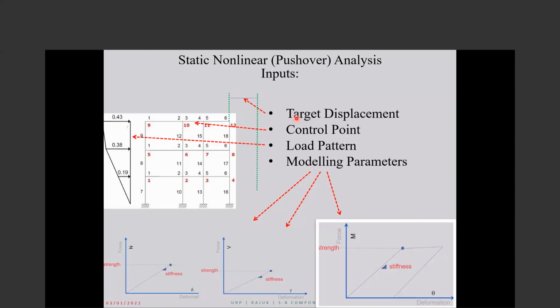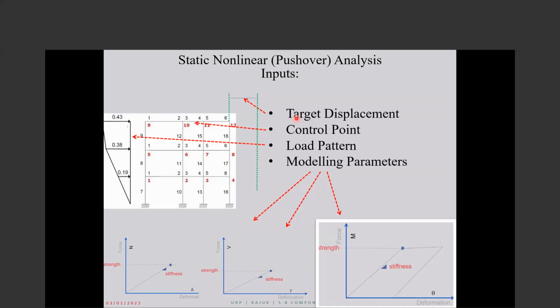They ask, what performance level did your building achieve? We say nothing, it collapsed in that area. So if you want, for example, life safety, collapse prevention, immediate occupancy, or operational behavior from this building, you should retrofit. The other outcome is that when we push this building to reach the target displacement, one of the